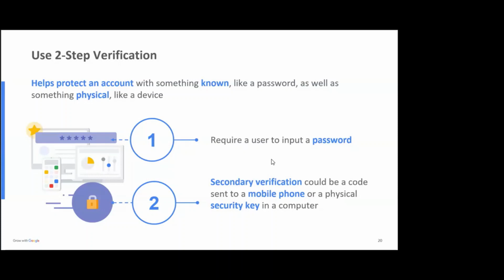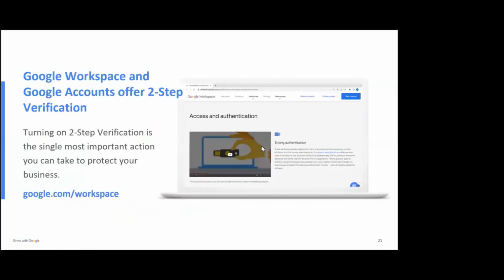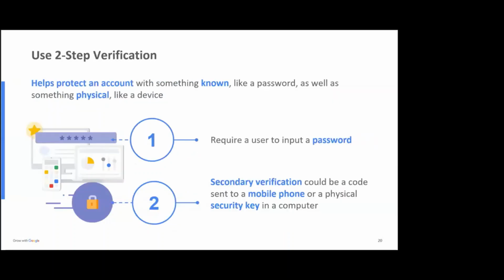So what happens is you put in your email, you put in your password, and then it's going to say, okay, well, there needs to be a secondary verification, which is a code sent to a mobile phone or a physical security code sent to a computer. What happens is that